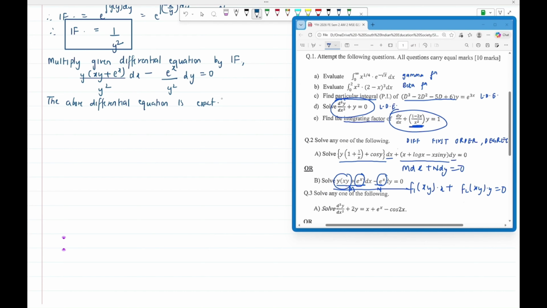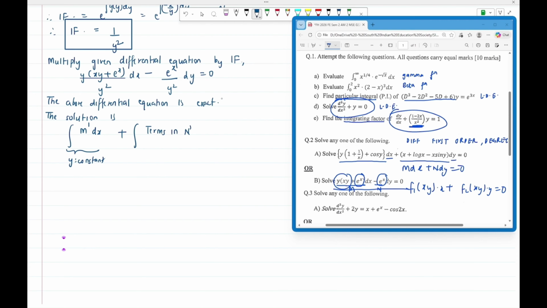We state this without any verification, because that is the job of the integrating factor. Whenever you multiply a differential equation by its integrating factor, the resultant differential equation has to be exact. And since we are claiming that it is exact, the solution is the integration of M dx. Now instead of saying M, we'll say M prime, and here the y has to be treated as a constant, plus the integration of terms in N,